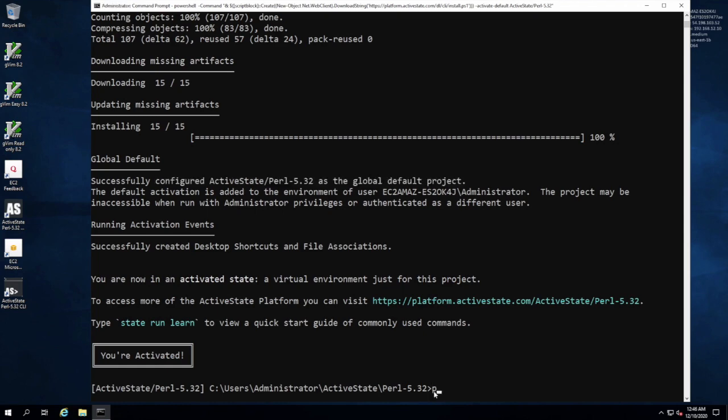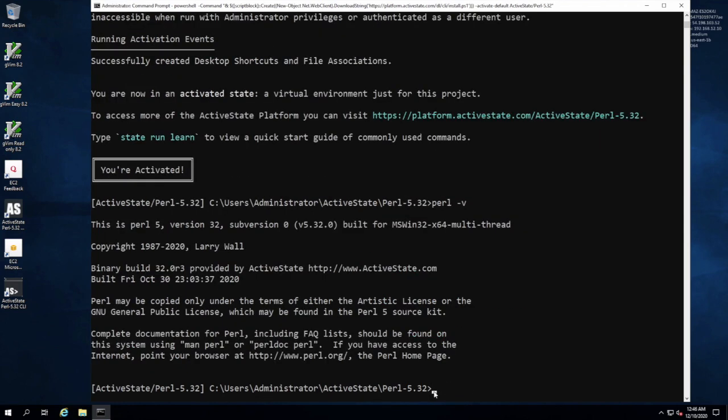So if I run perl -V at this point, you can see that we have indeed installed Perl 532 from ActiveState. So now if I have a CPAN file or a meta.json file, I can just type state import and then the file location. That'll get me up and running really quickly, but I can also just import dependencies one